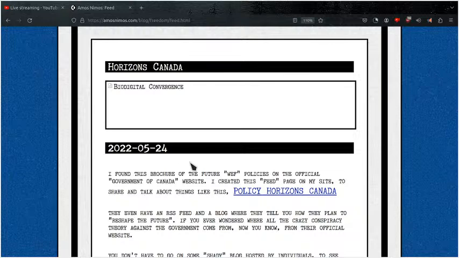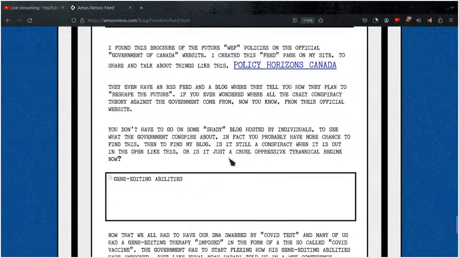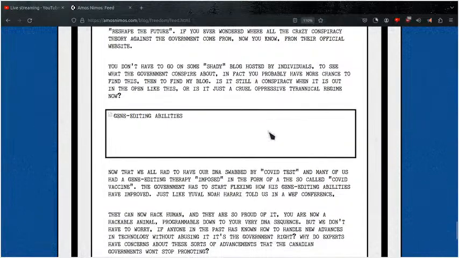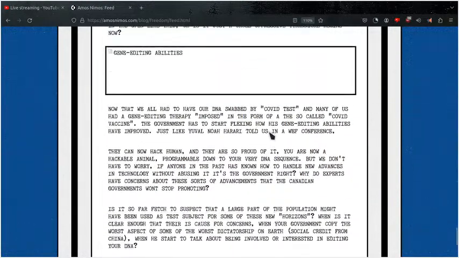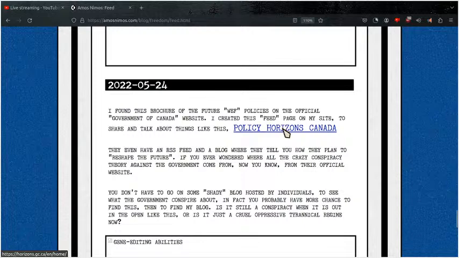And if you just read this very quickly, this was policies that tried to reshape the future. This is not the conspiracy theorists against the government, this is not coming from a shady post. This is from the exact Canadian government website. And what is it saying? It's saying that it's about gene editing and a bunch of stuff. So I'm not gonna read the whole article, but honestly, the Horizon policy, Horizon Canada, was a very scary